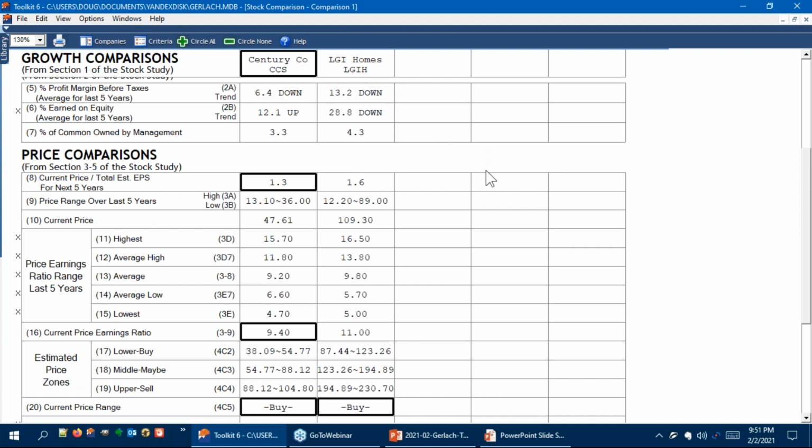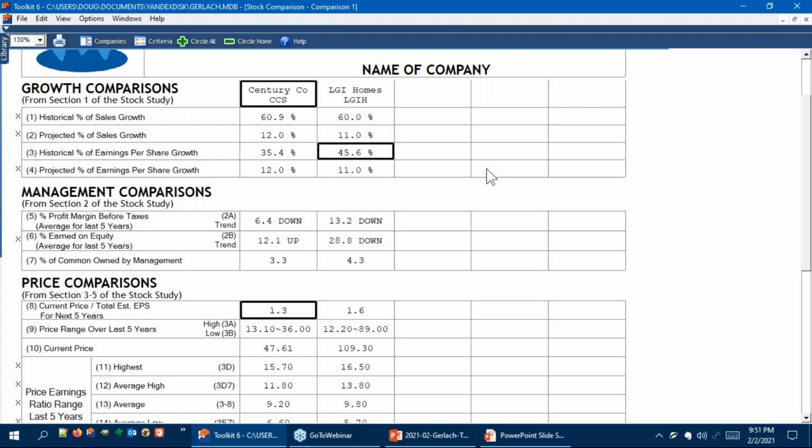I think it's a great example of how companies can use debt to leverage their growth and grow faster. So Century Communities perhaps might be able to grow a little bit faster, but has a little more debt. But with interest rates so low, maybe that's not such a concern. And when you look at their credit ratings from Moody's and Fitch and S&P, they're both rated very highly. LGI Homes just had their credit rating affirmed by Moody's and was given a stable outlook last week. So they're not concerned that the company isn't going to be able to pay its debt or will cease being a going concern. So that is pretty good.